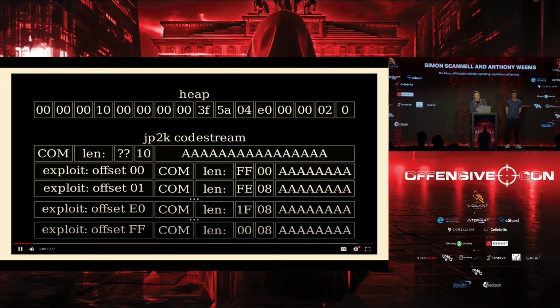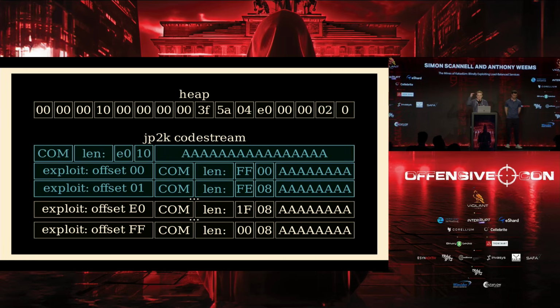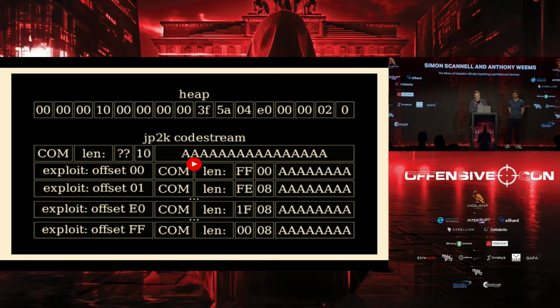So what this looks like, let's say that E0 is in the V table. If that gets put in the comment marker, we skip over all of the exploit payloads that are wrong, deliver the exploit that is coded for that offset, and then again, consume the trailing comments and stuff. And so with that mechanism, we had 100% reliable code execution,